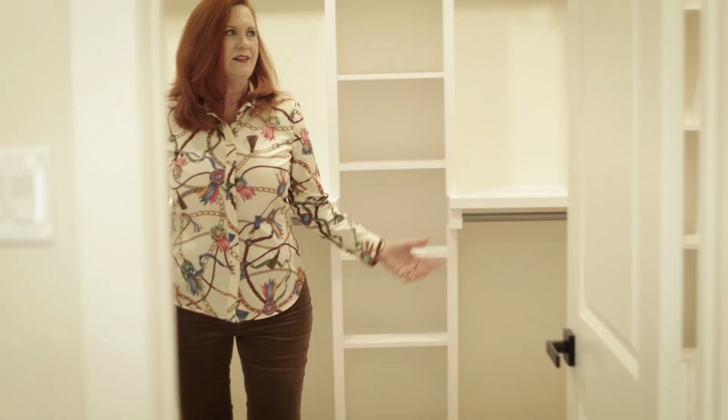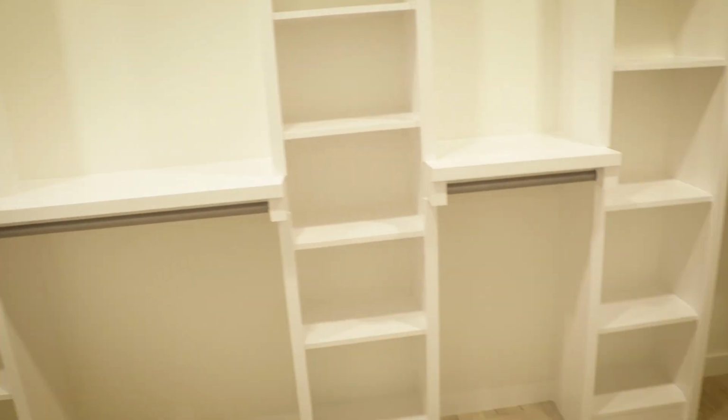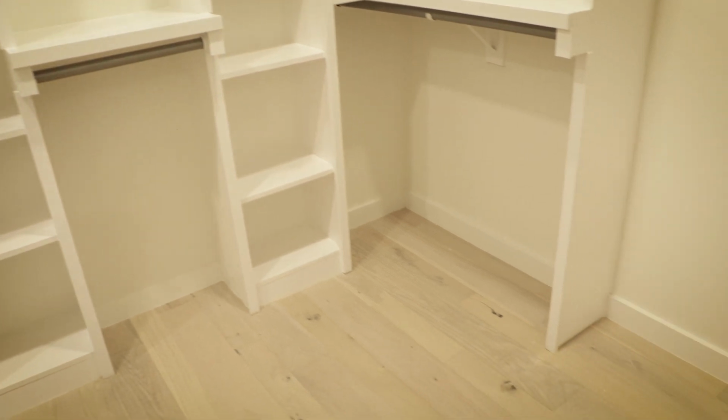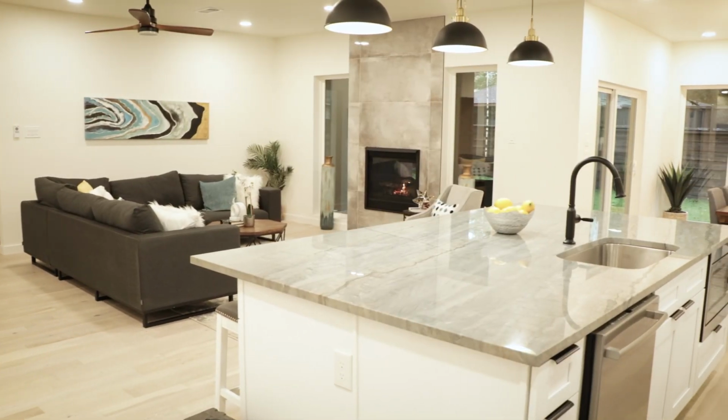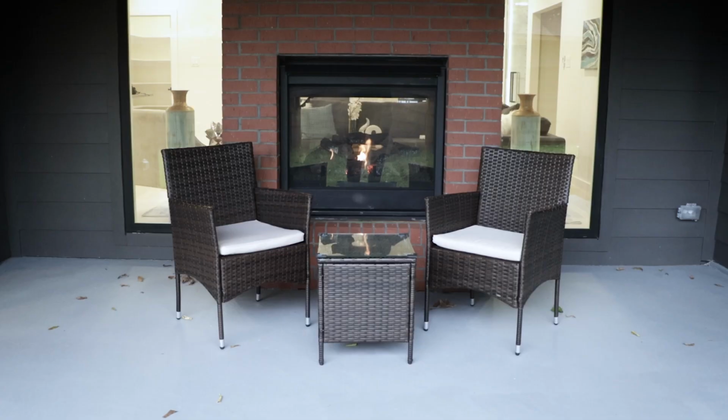Nice big closet. We went ahead and went with all the bells and whistles like I promised. So you got lots of space for shoes, for short clothing, tall clothing, and still cubbies. And in modern days, it's all about functionality. And this house brings the function. I am all about this open concept and tall ceilings. From that gorgeous pass-through fireplace, so while you're sitting inside, enjoy the fire, get tired of the family, go outside,